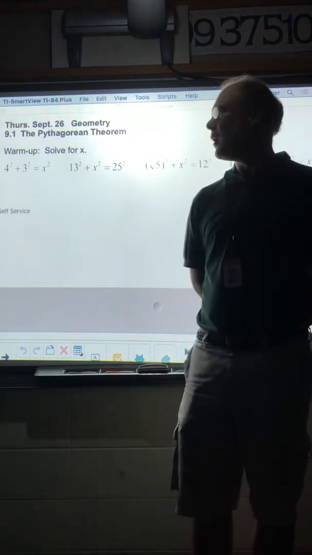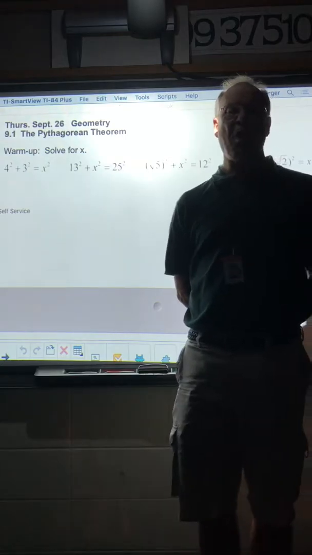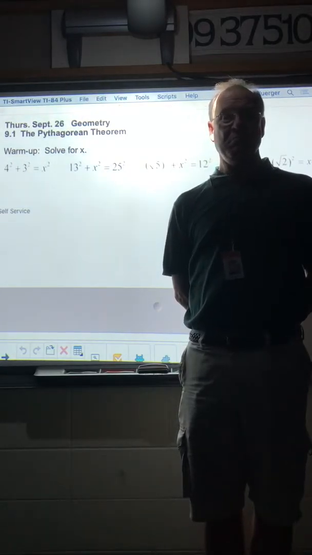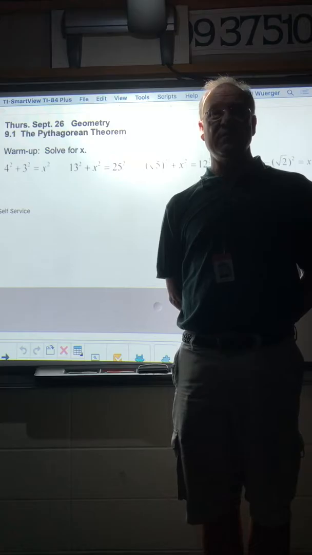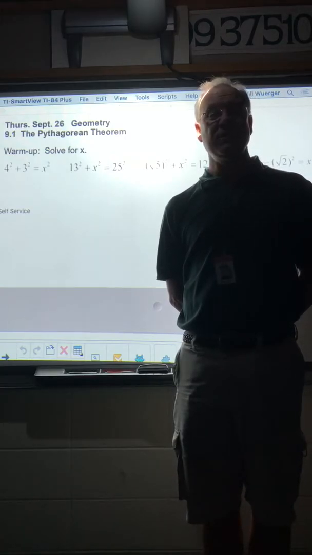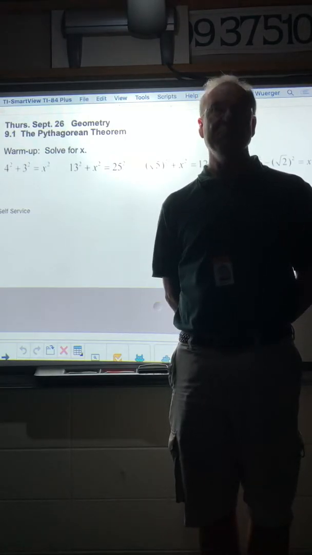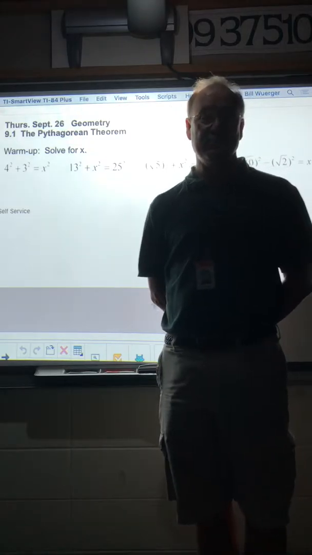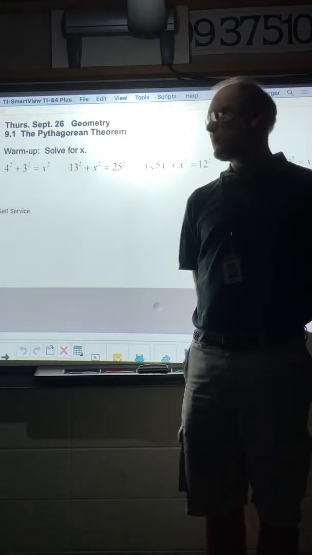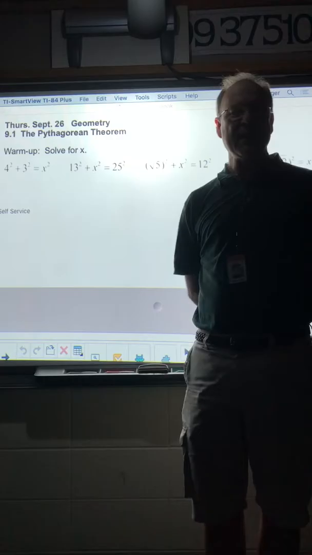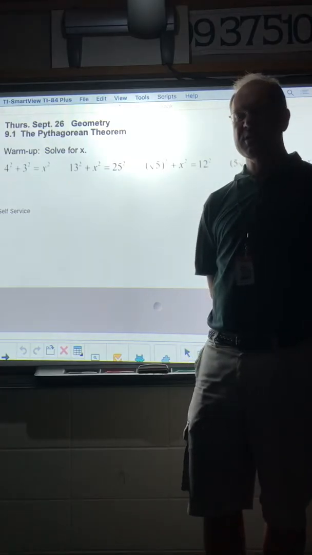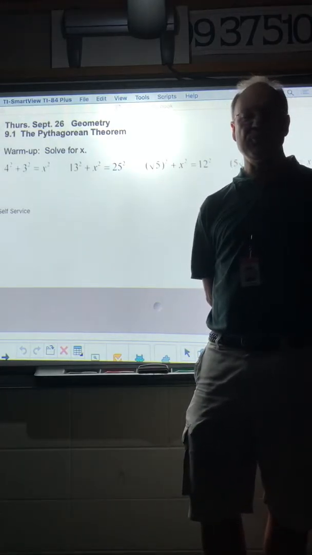The Pythagorean theorem is one of the most well-known theorems in all of geometry. Most people that you talk to that have taken geometry, if you say Pythagorean theorem, they're going to know what that is. Something that is very common and you will use a lot this semester and when you take future math